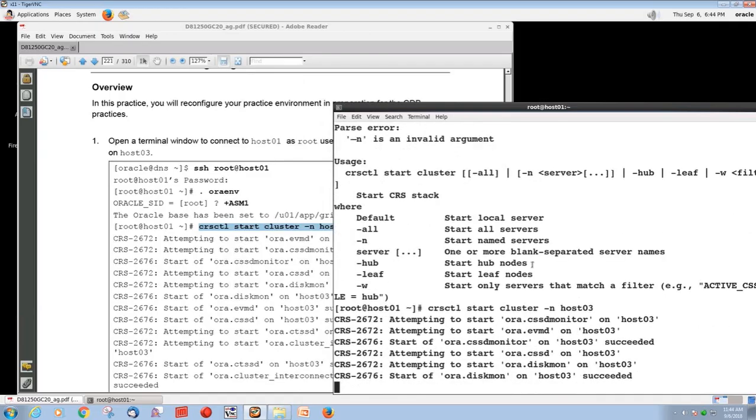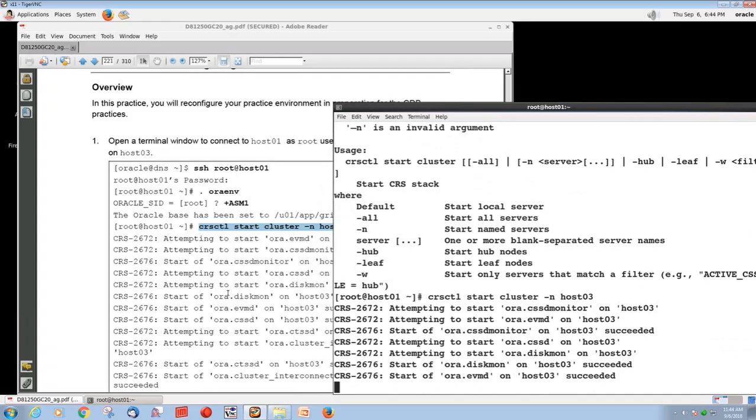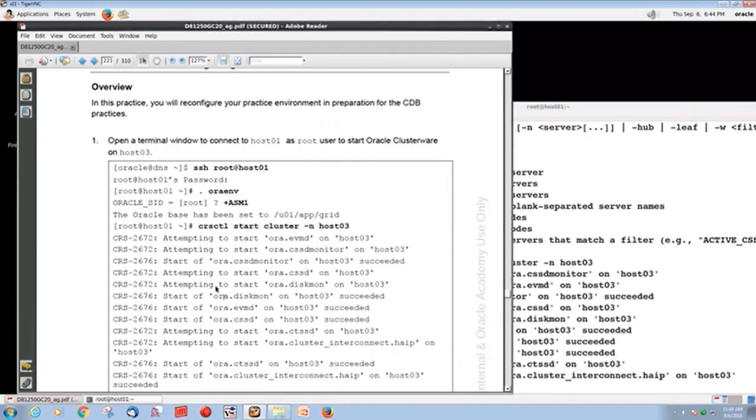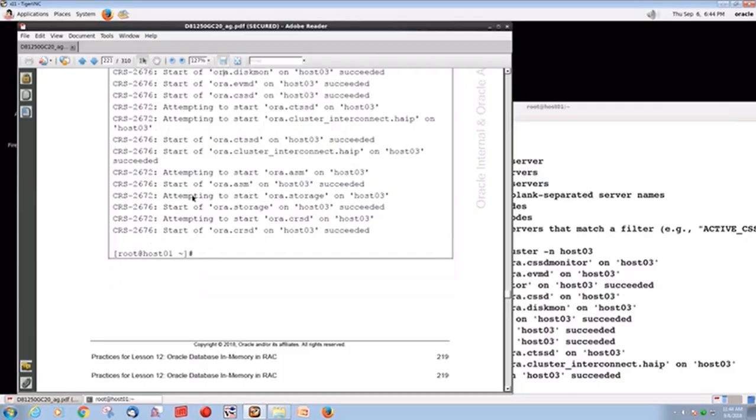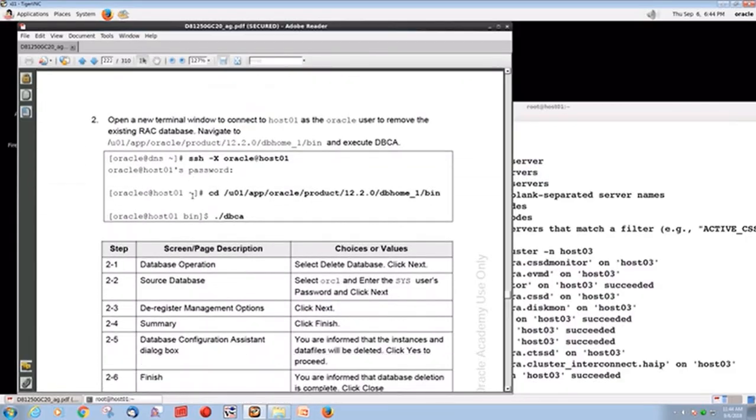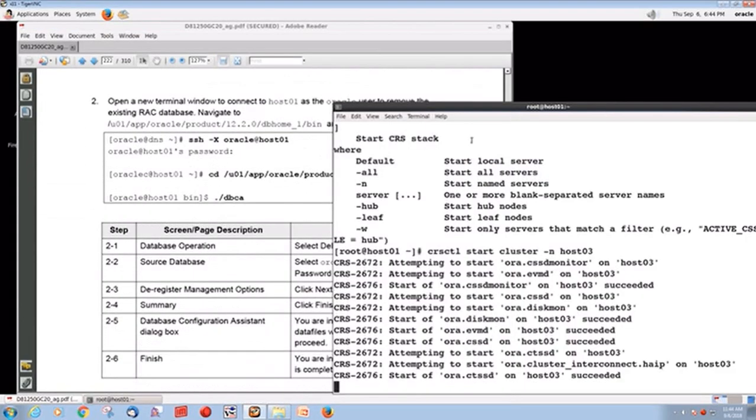Remember, as a part of an earlier practice activity, we had to stop clusterware on host shuttle 3, host shuttle 4, host shuttle 5. And in this practice, I need host shuttle 3. And then I'm going to open